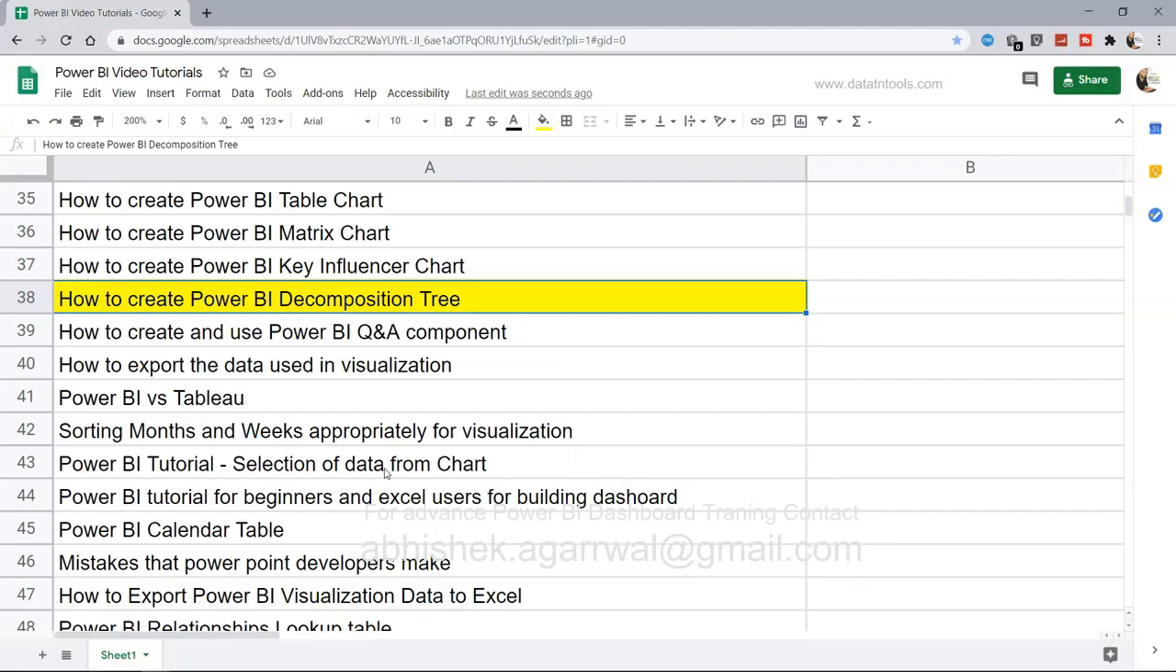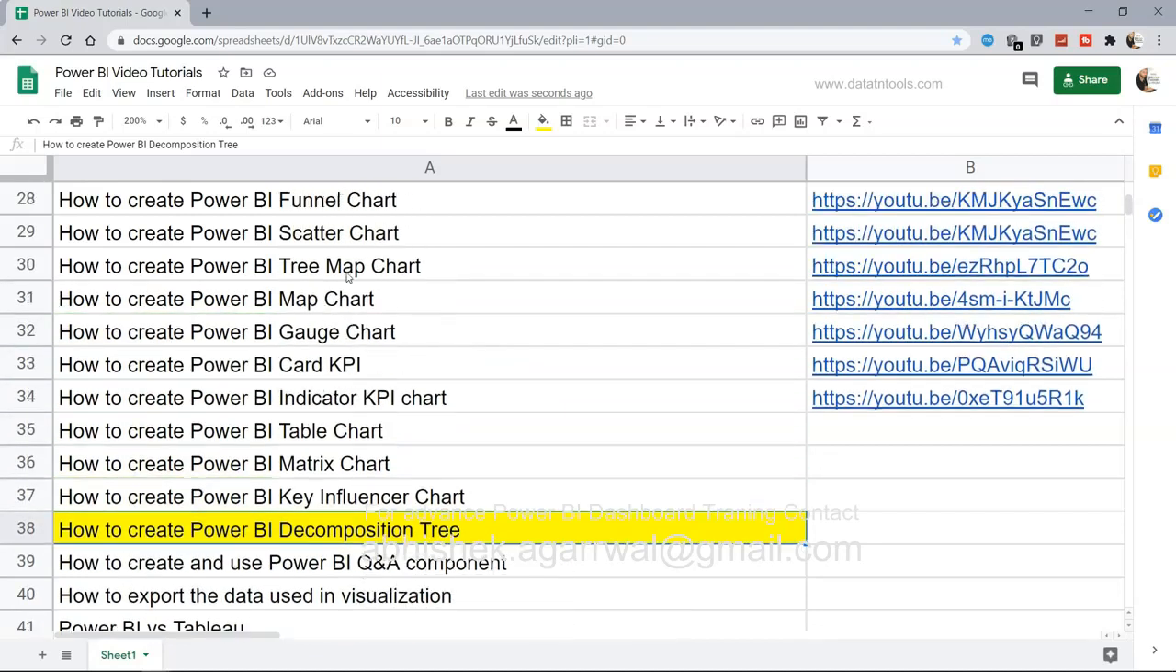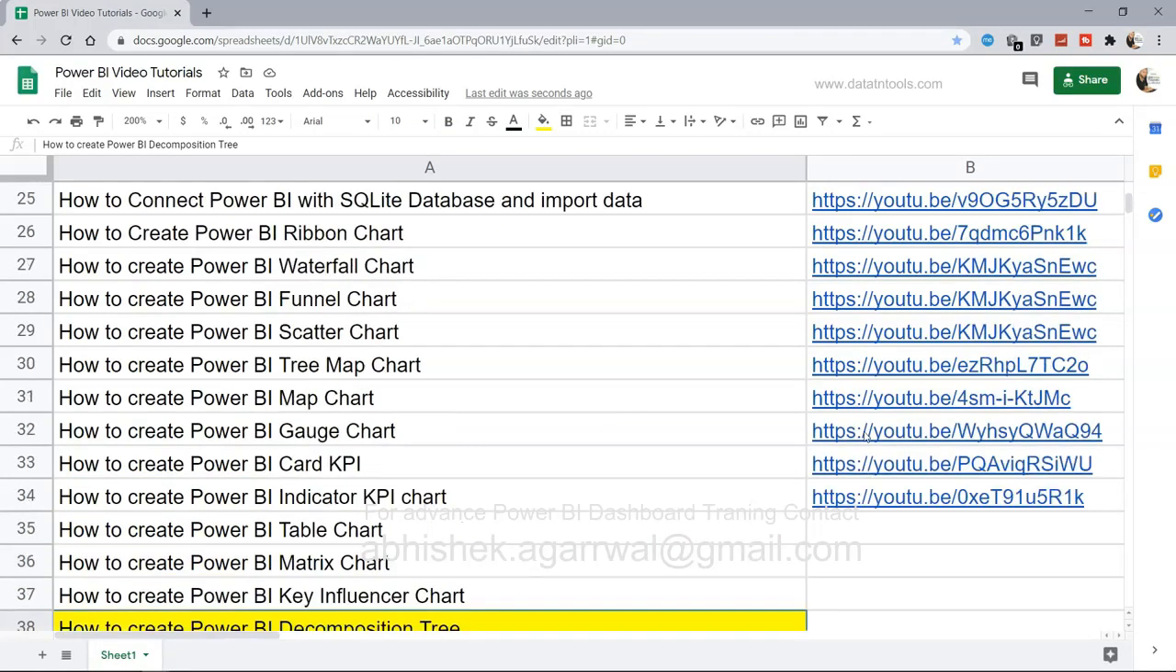Hello there and welcome to the new Power BI tutorial. And in this Power BI tutorial, I will show you how you can create the Power BI decomposition tree. So this is the 38th tutorial of Power BI, and if you want to access the previous tutorials, you can look at this sheet for Power BI specific tutorials and jump directly by using this link, and the title